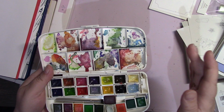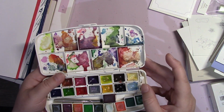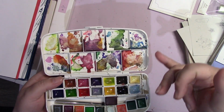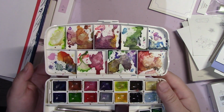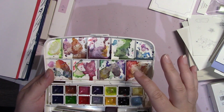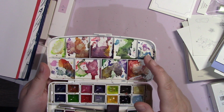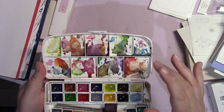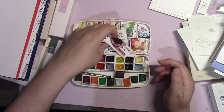So because you can reactivate Gansai just like watercolor, and you can kind of see the palettes that I tend to paint with, the pinks and the greens and the oranges and the blues all kind of in there, it's really easy to start mixing a color again and get what I want out of it pretty quickly. With Gansai, you have to kind of work out of the pan and everything,